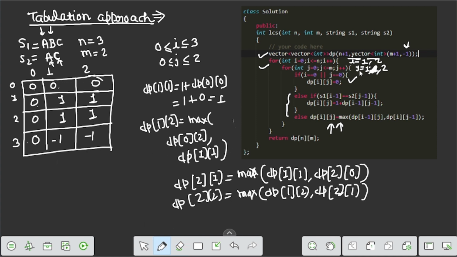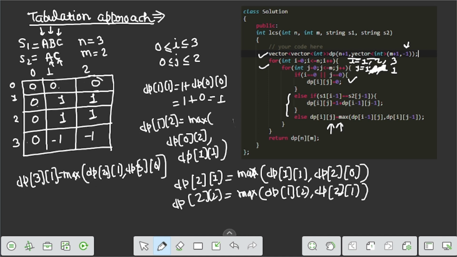And now again call for i equals 3 and j equals 1. Here c is not equal to a. So we again call dp of 3 comma 1, which is the maximum of dp of i minus 1, which is 2, and j, which is 1, and dp of i, which is 3, and j minus 1, which is 0.